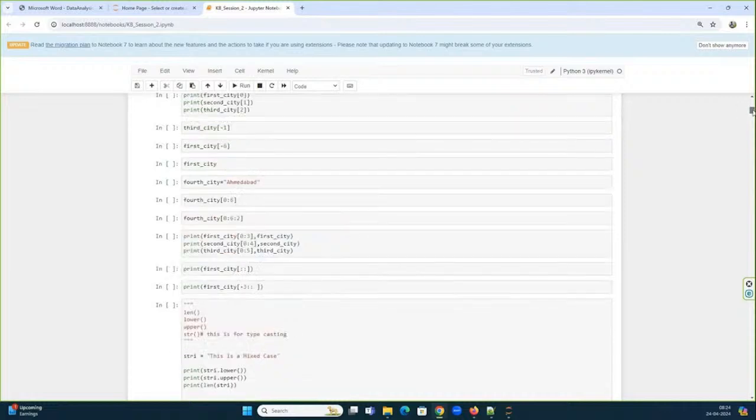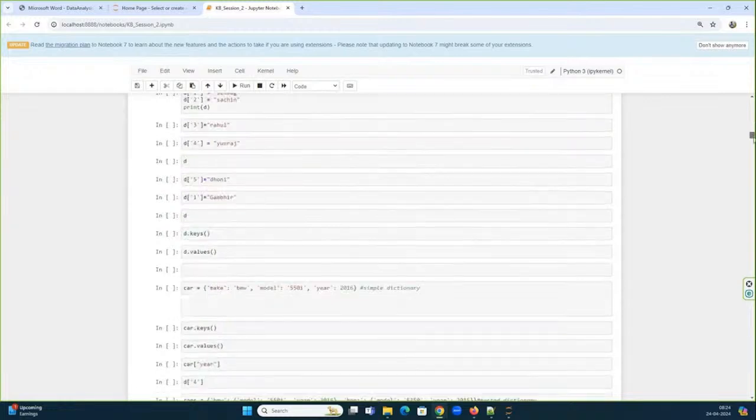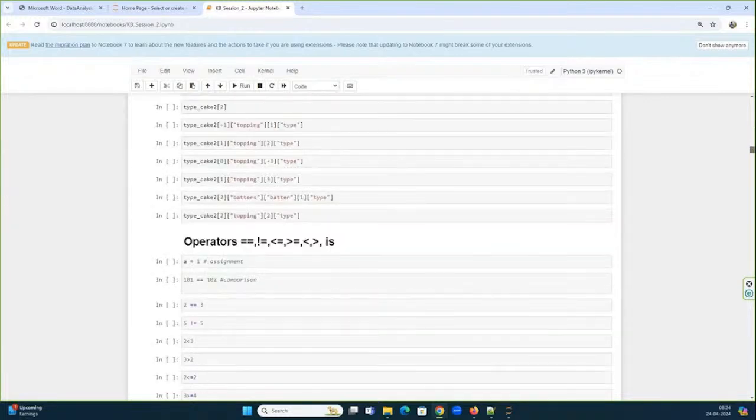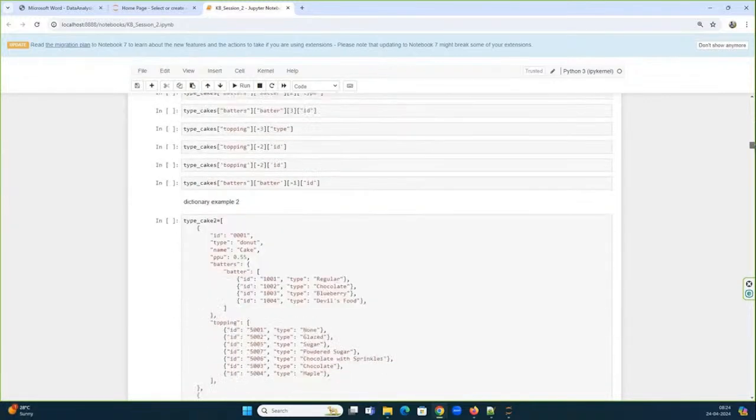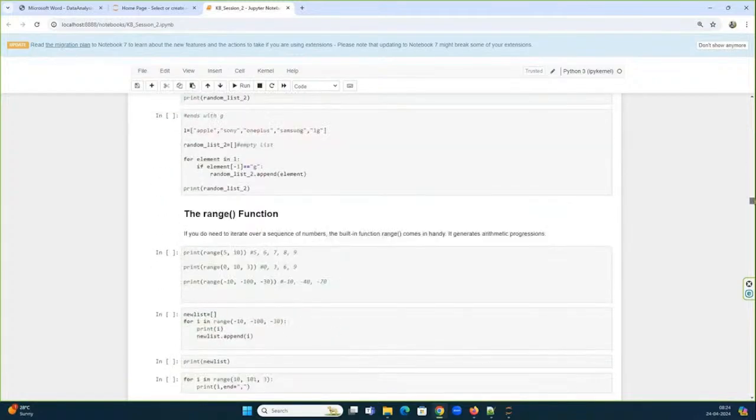What is a string? What is a list? What is a tuple? Everything is written. Like what is JSON data? How to handle JSON data? How to handle dictionary sets? Everything is present. So if you see here,